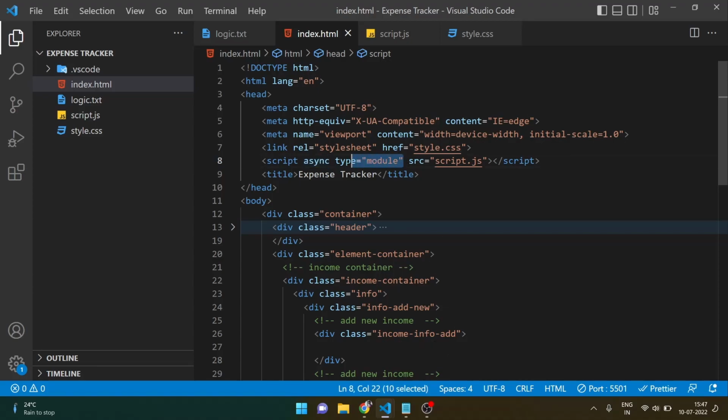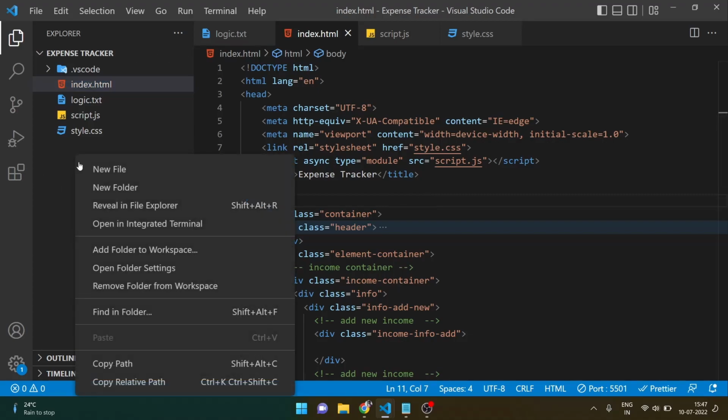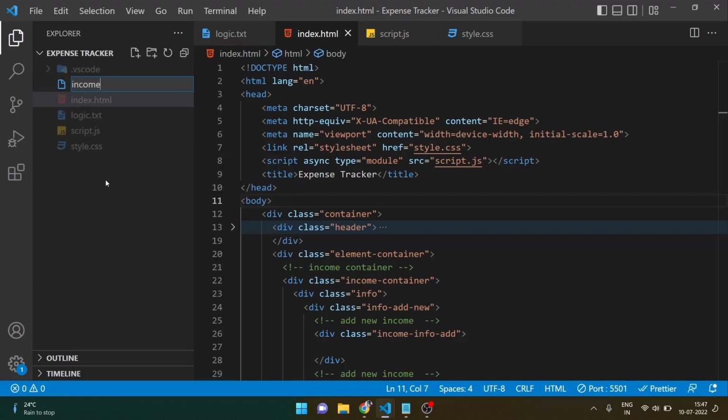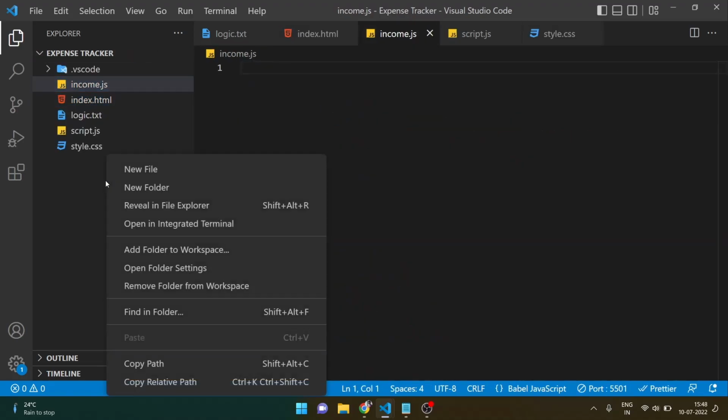Now, why are we keeping it as type module? In JavaScript, module means separating the code into different chunks and connecting them into a single file. So what we are going to do is make a new file with income.js and one more file with